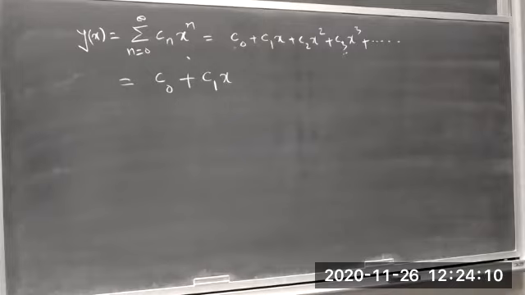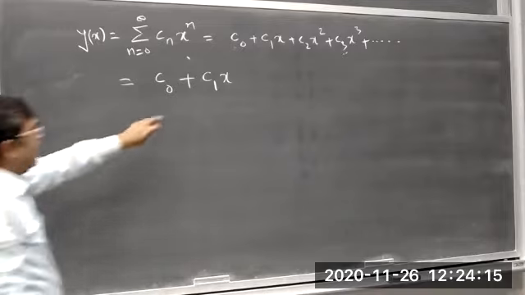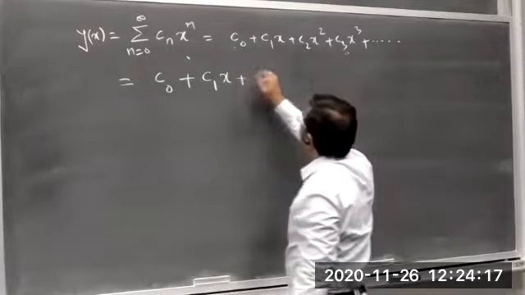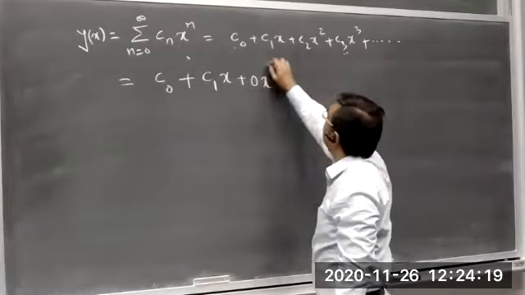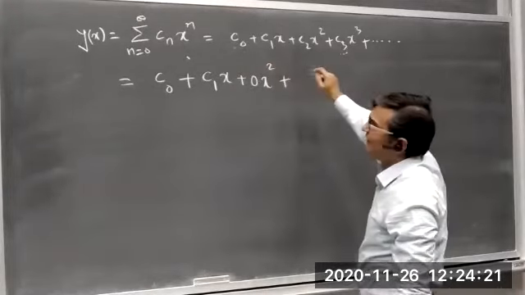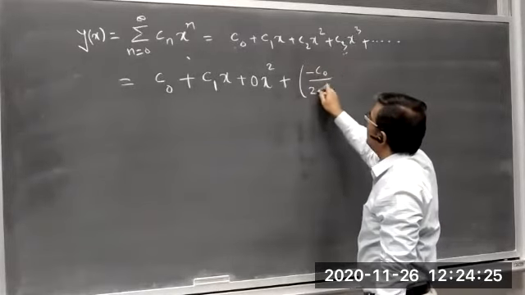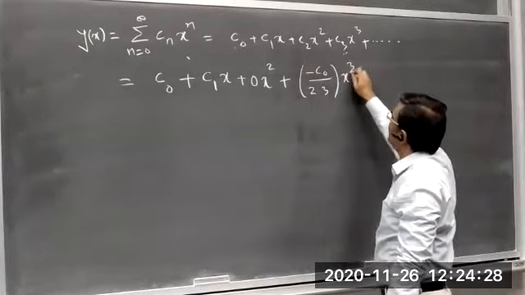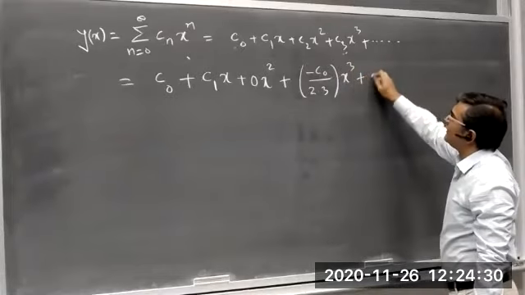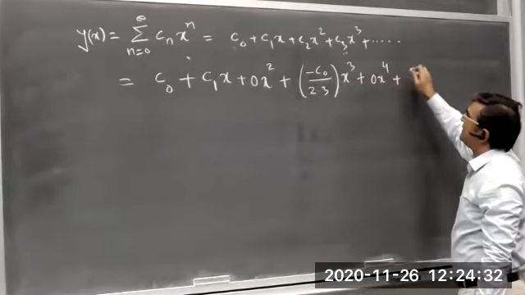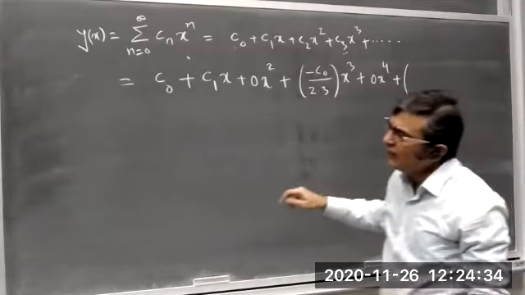We are unable to find C0 and C1. So C1 remains C1 here, plus C2 is 0, plus C3 is negative C0 divided by 2 into 3, x cube, plus C4 is 0, plus C5 is